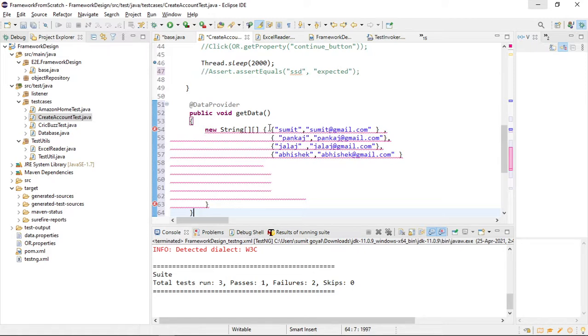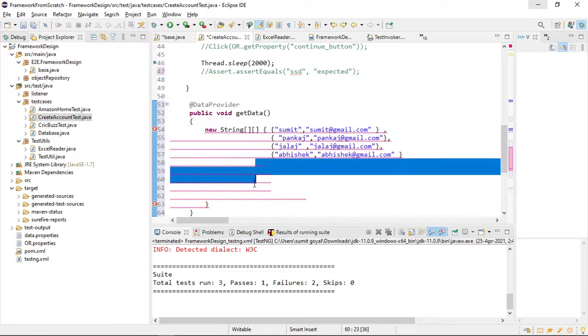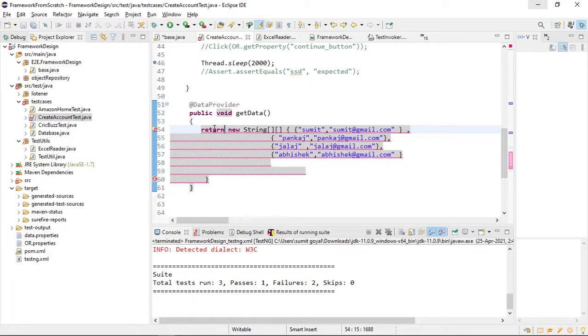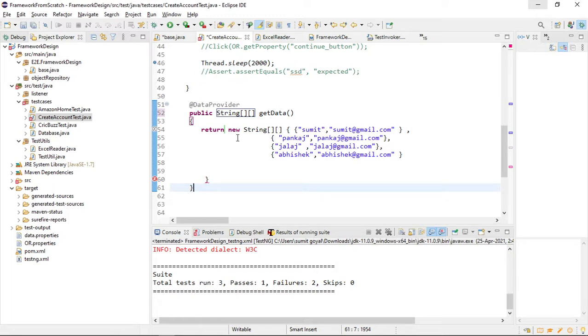Let's check. Save the project. And here I will simply return this whole array. So I will say return. It will ask me to change the return type. Change it. You can see I have created one array.